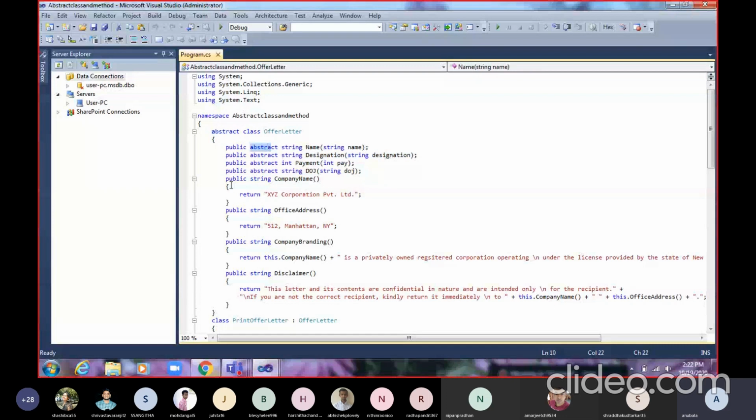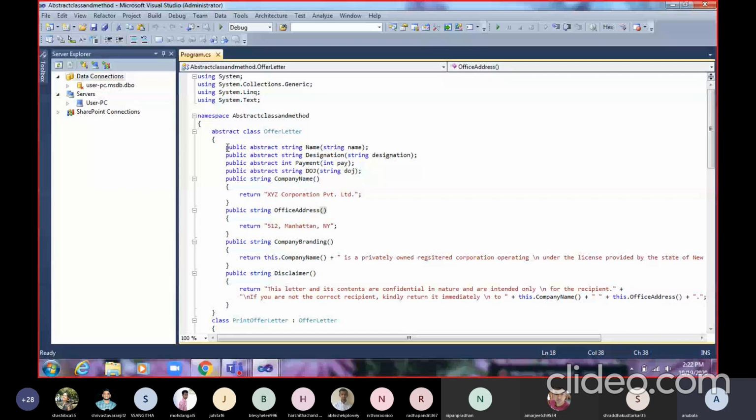But the remaining four methods are not abstract methods and they can have the implementation here only. So this is the abstract class, which has four abstract methods and four non-abstract methods. The four abstract methods only have their declaration, but the non-abstract methods also have implementation.